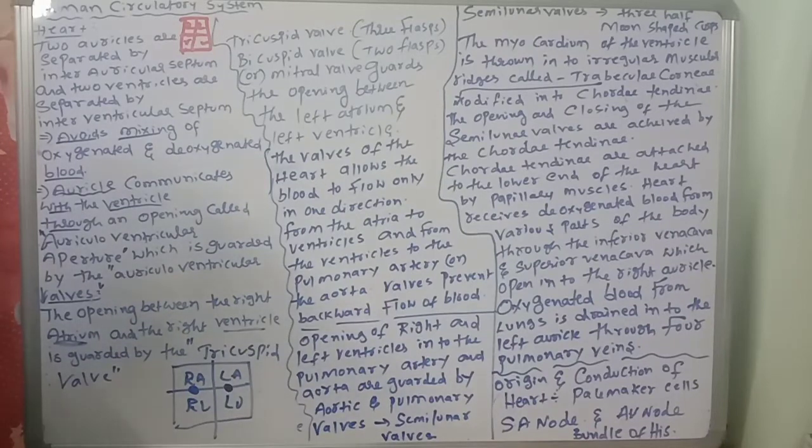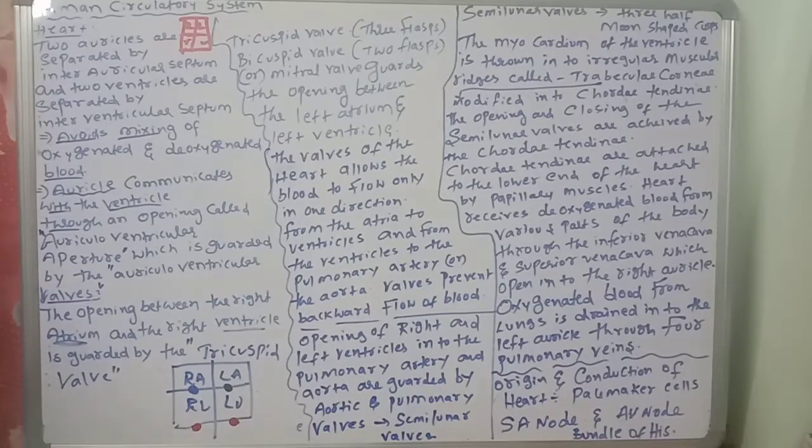So next, another important one is there. Here where the pulmonary artery originates, and here the systemic aorta. These are called aortic valves. This is the pulmonary valve, this is the aortic valve. These two are called semilunar valves. This is the tricuspid valve, this is the bicuspid valve or mitral valve. The valves will not allow the blood to go in two directions, they allow the blood to move in one direction. So that is important, right?